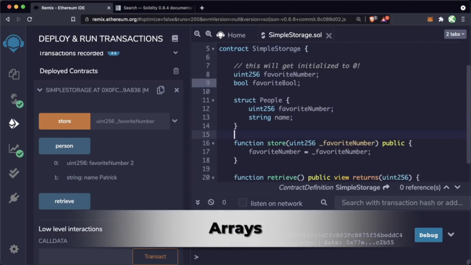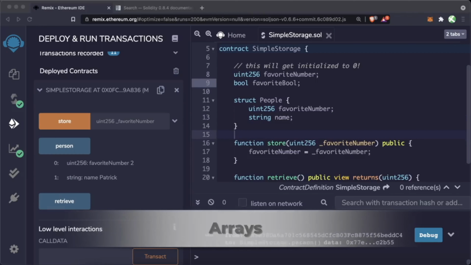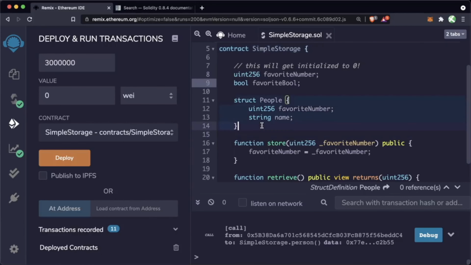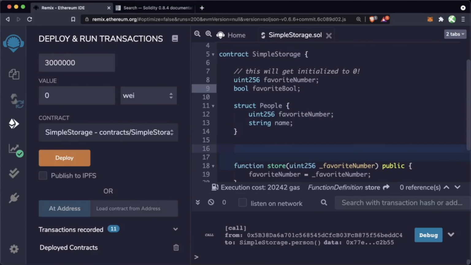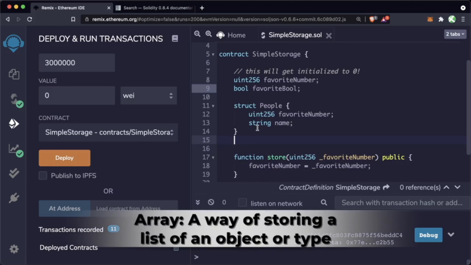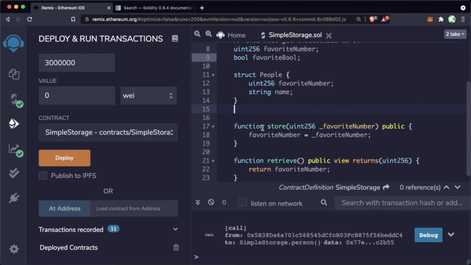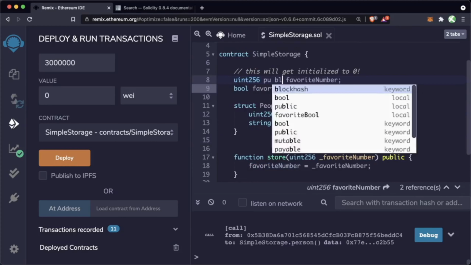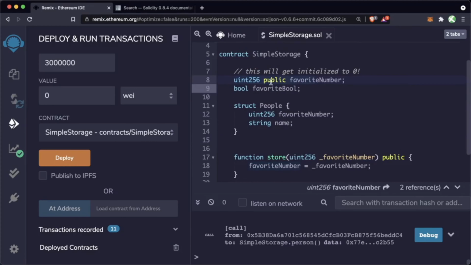We're going to go ahead and delete this for now because instead of just creating one person, we actually want to create a whole list of people. So how do we create a list of people? Let's delete that contract. And what we can do is we can make what's called an array. An array is a way of storing a list or a group of some object. So as you're starting to see, the way the syntax works for defining any type of variable is going to be the type of the variable, the visibility of the variable, like public, or if you don't declare it, it gets initialized to internal,